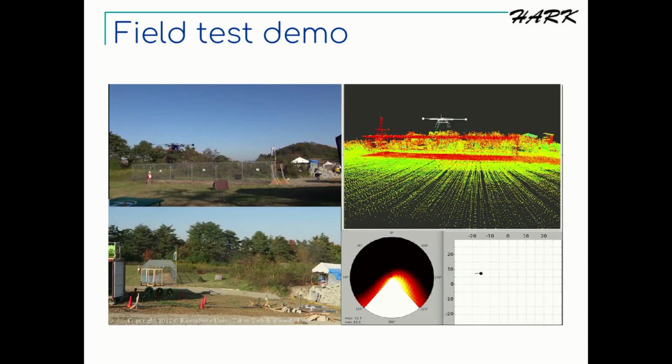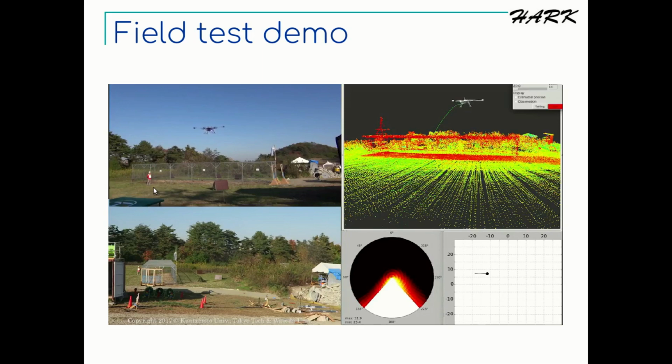The top left view shows a third-person view of the field, and the clip below it is a magnified one. The right-hand side shows the captured images of the system. The top shows 3D point cloud-based visualization, and the bottom two shows music power distribution at each time step on the left, and the right one shows the top view localization result. The drone took off from the launch pad and approached to the first target.